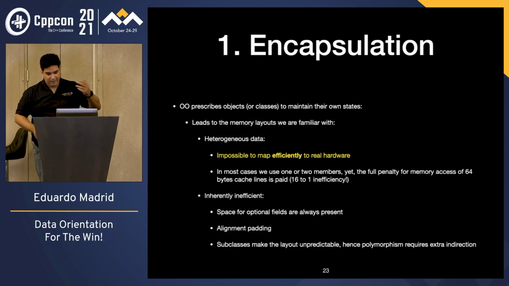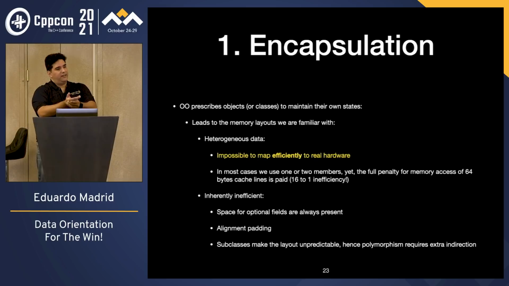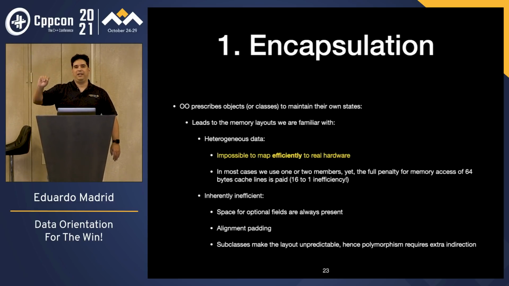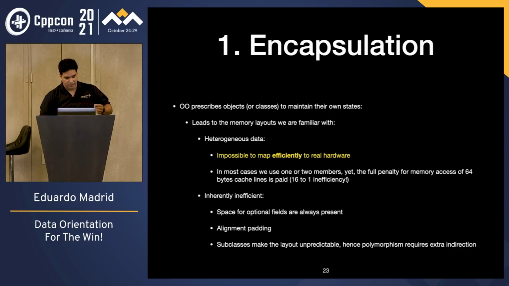And we are doing things that are inherently inefficient. We leave a space for optional fields, like, for example, something that can be a null pointer, which has optionality to it. Well, it has to be there because who knows who's going to have it, right? If it would be a different scenario in which we know for a fact that that optionality is going to be present in the actual object very, very statistically seldom, then we could implement some other representation in which we are not wasting that memory for all of our computations. Okay,